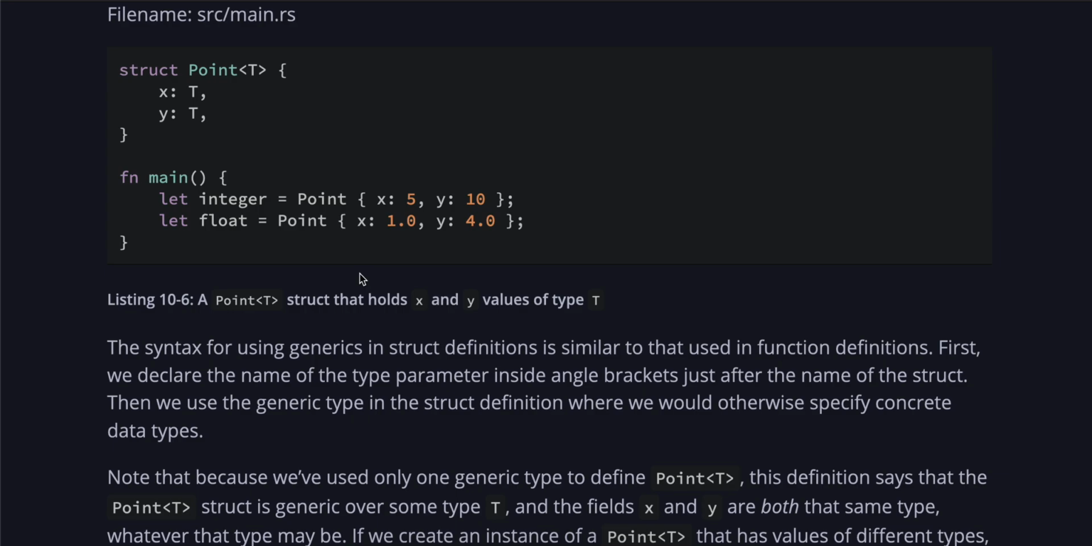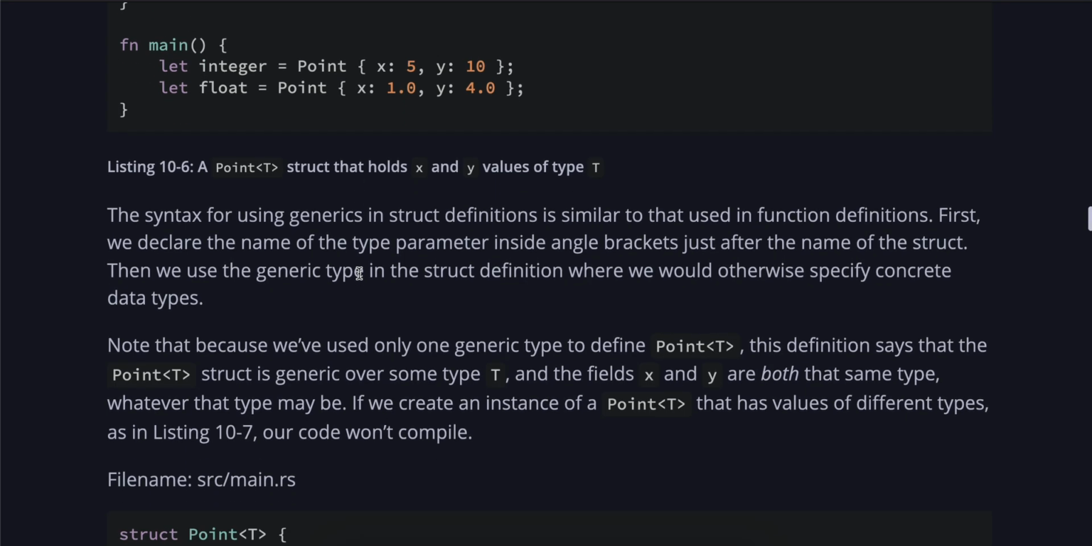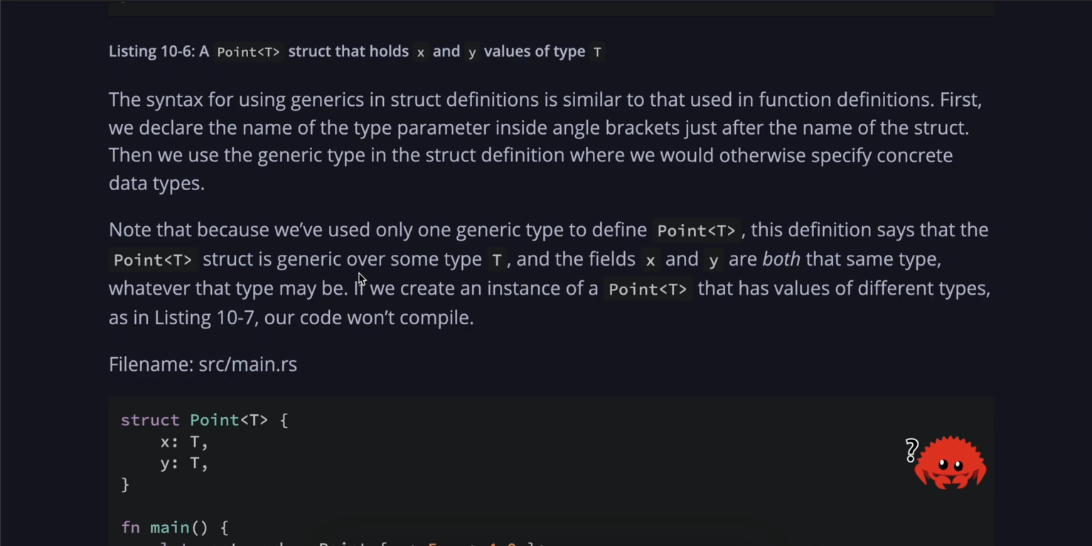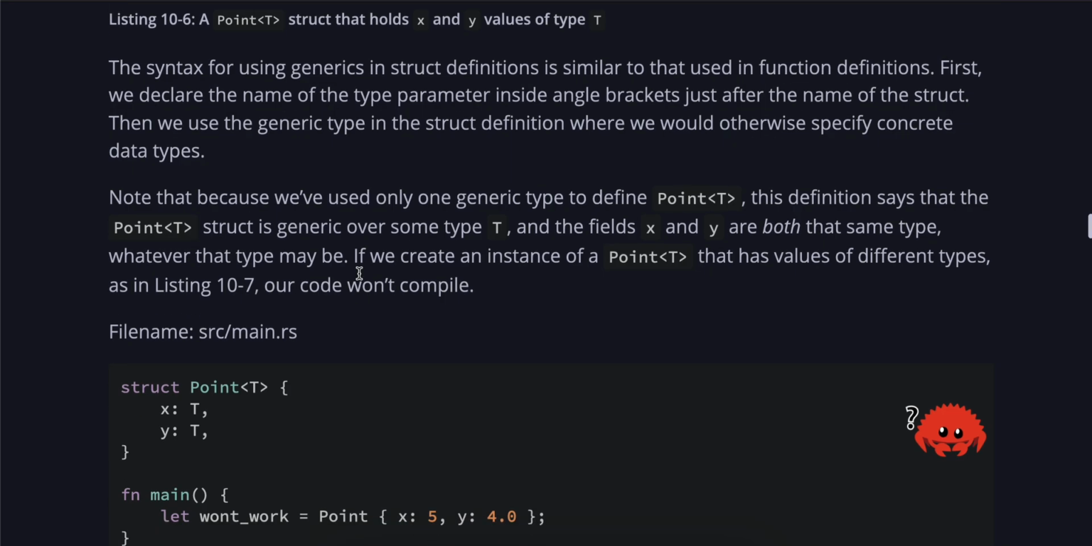The syntax for using generics in struct definitions is similar to that used in function definitions. First, we declare the name of the type parameter inside angle brackets just after the name of the struct. Then we use the generic type in the struct definition where we would otherwise specify concrete data types. Note that because we have only used one generic type to define Point<T>, this definition says that the Point<T> struct is generic over some type T, and the fields x and y are both that same type,